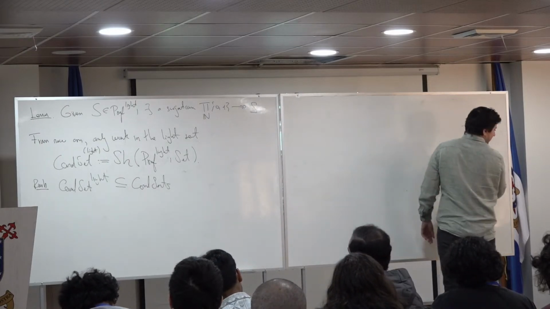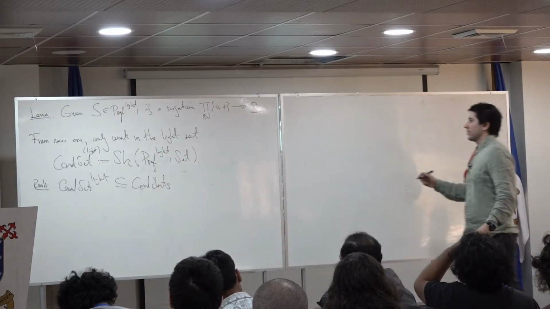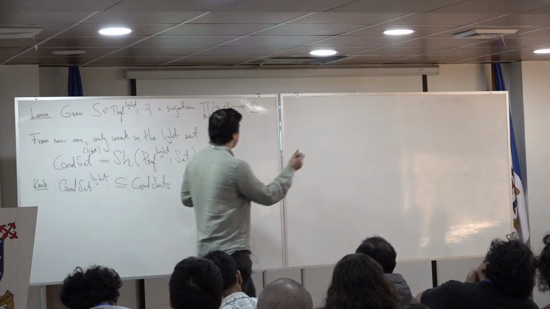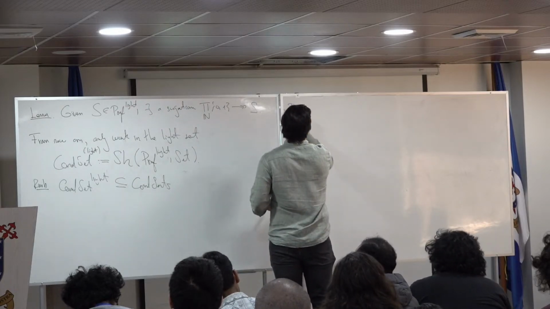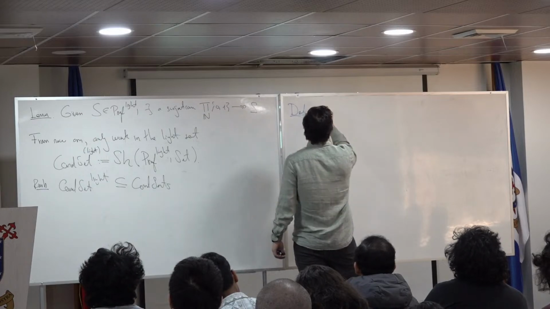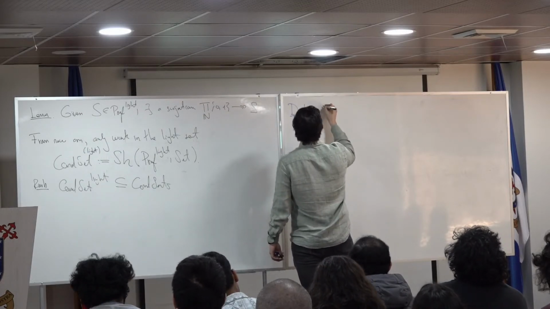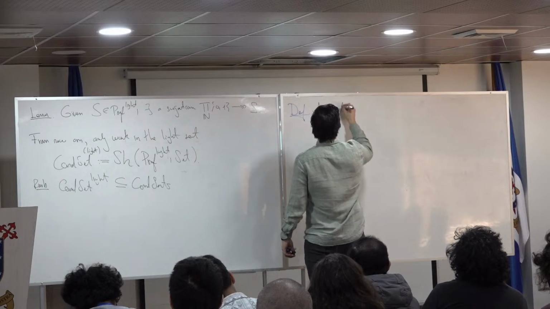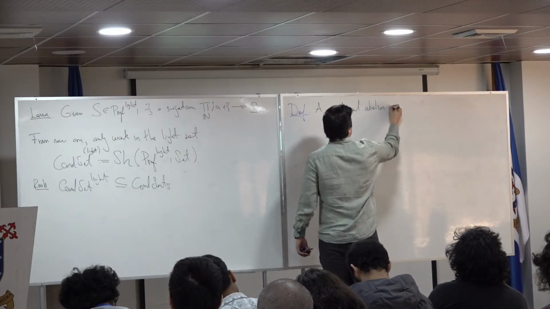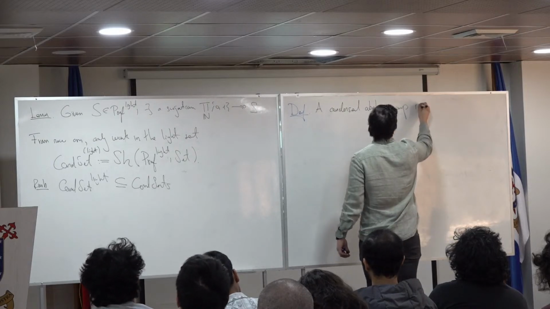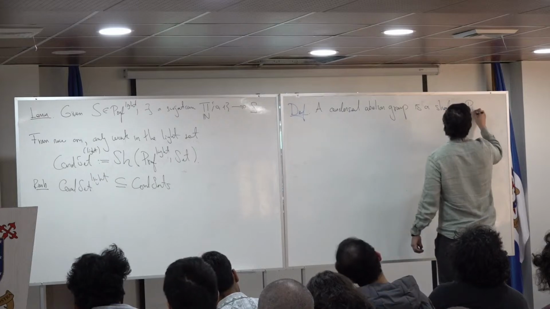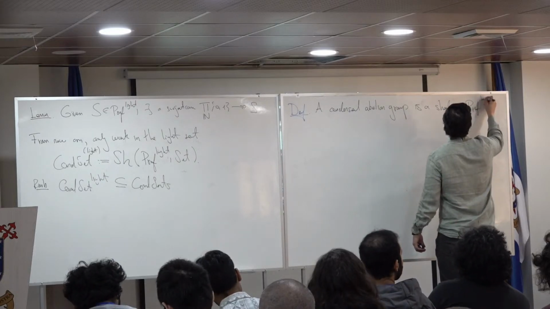So again, we can just make a definition. I think I just briefly mentioned it yesterday, but let me be more explicit. A condensed abelian group again is a sheaf on, and maybe let's stress, profinite light